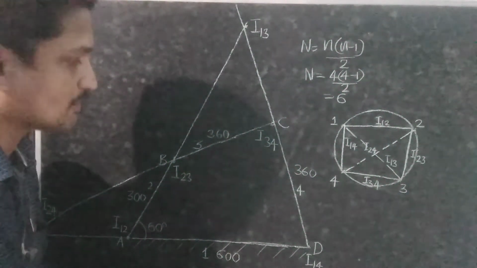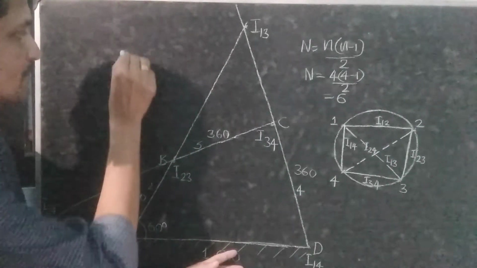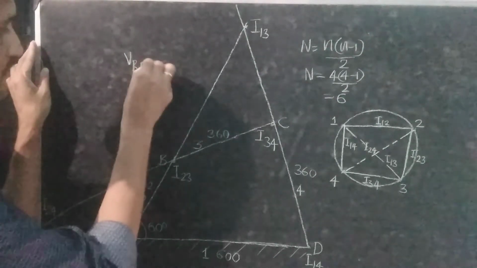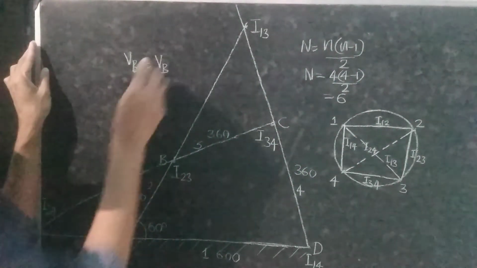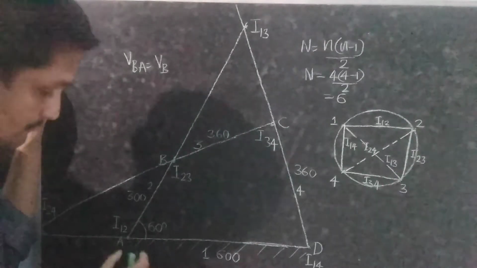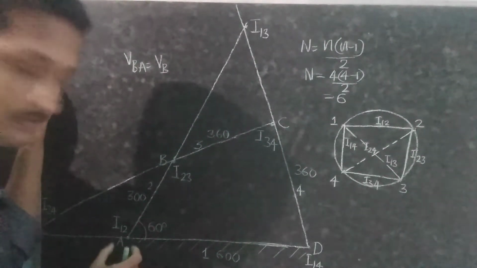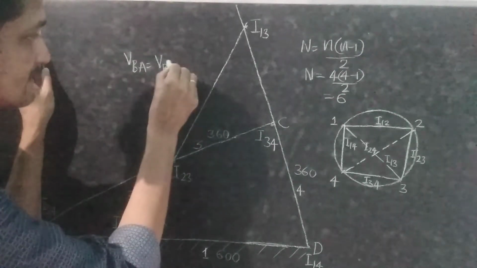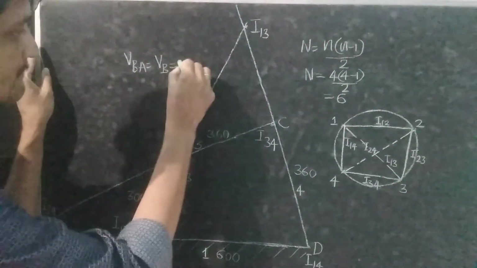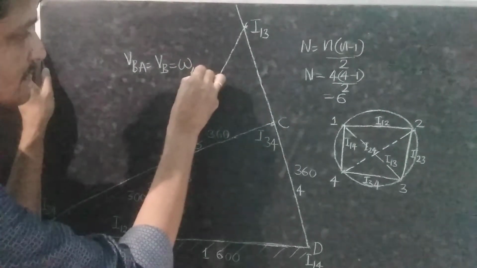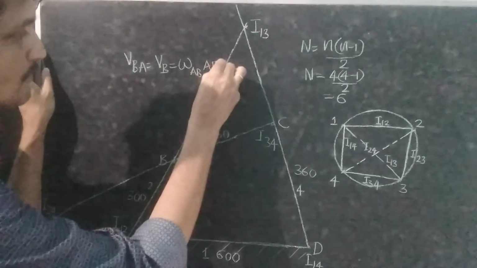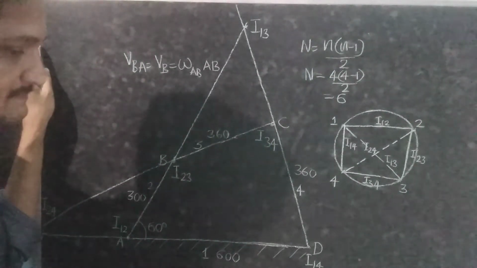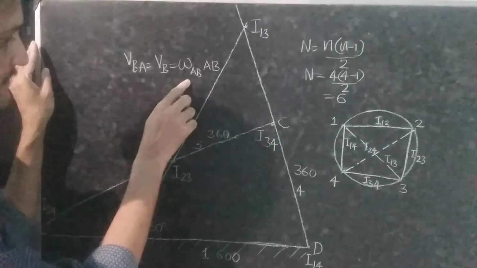Then we know that the velocity of B with respect to A is equal to the absolute velocity of B, because the point A is at rest. So the velocity of B with respect to A is equal to VB, that is equal to omega of AB into AB. Then here omega AB is equal to